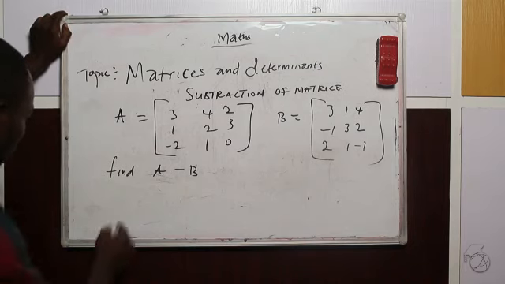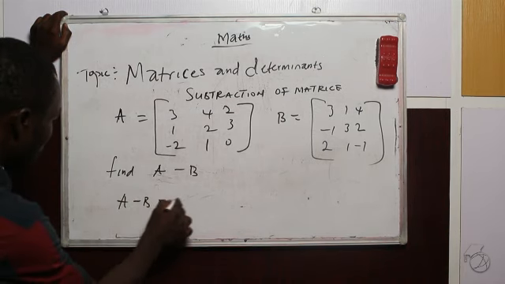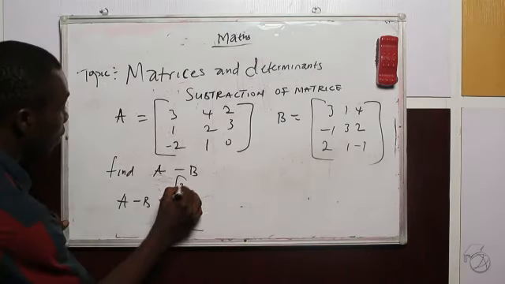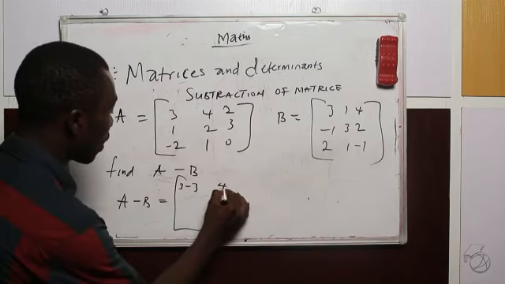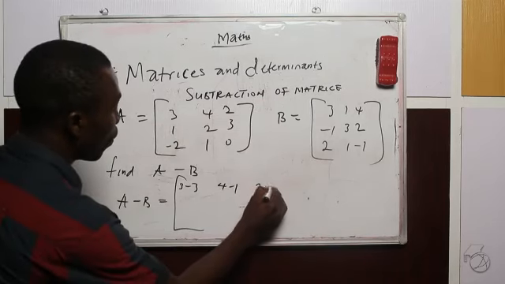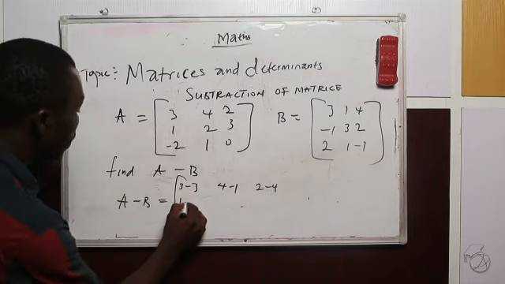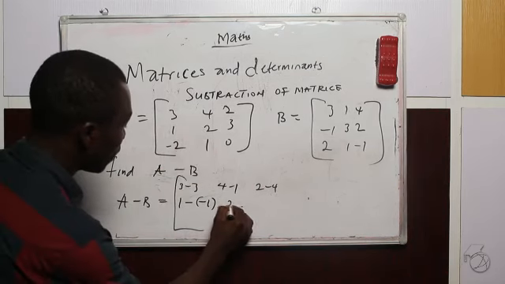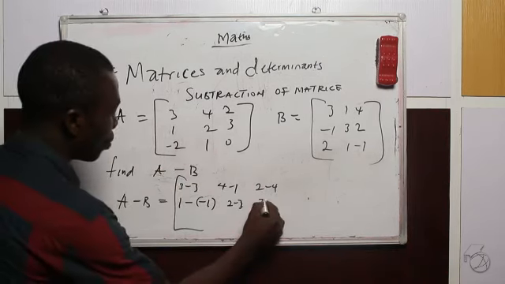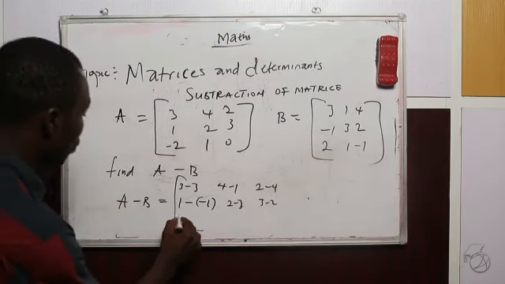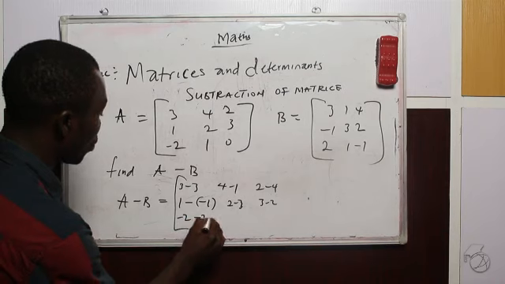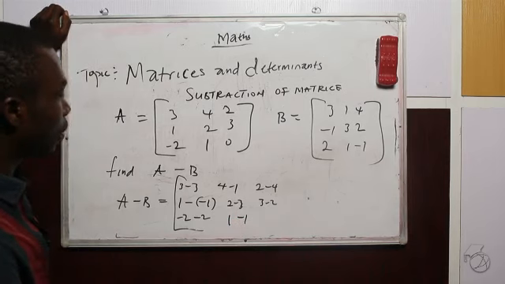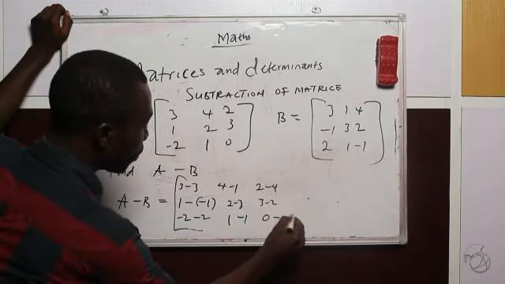The answer to this question, A minus B, is equal to 3 minus 3, 4 minus 1, 2 minus 4, then 1 minus 1, 2 minus 3, 3 minus 2, then minus 2 minus 2, 1 minus 1 is 0 minus minus 1,